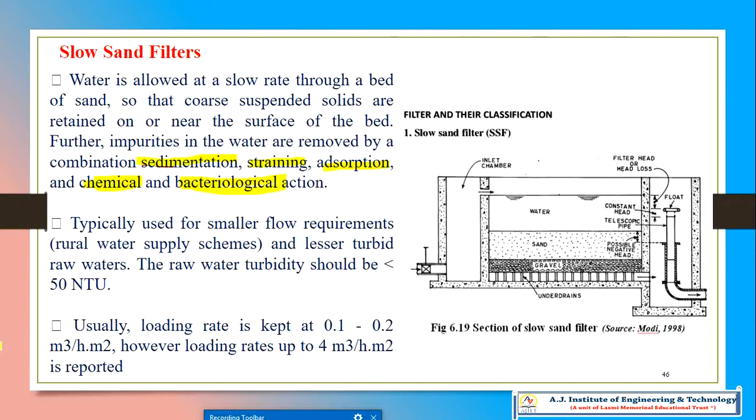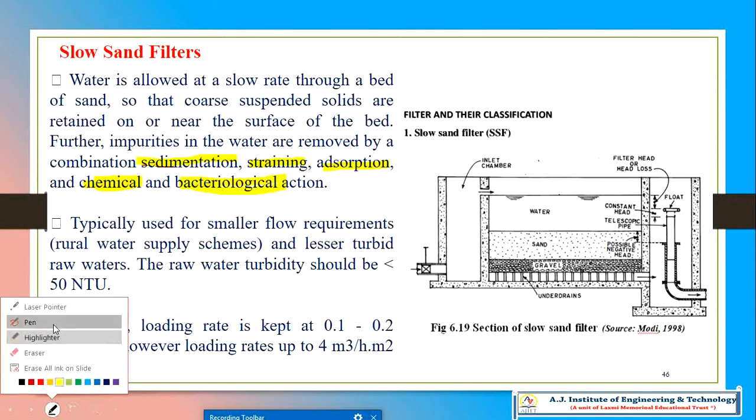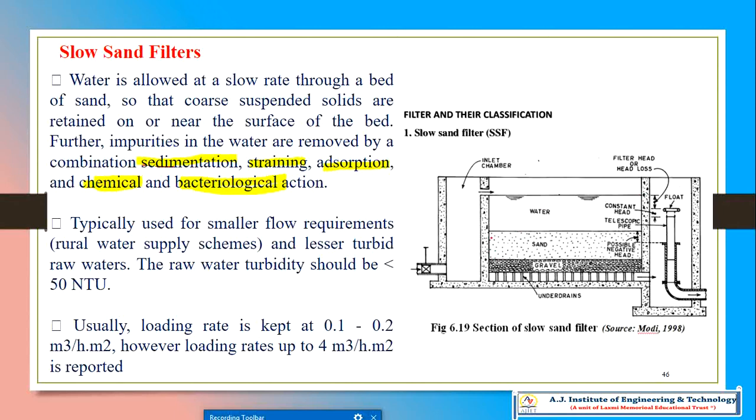What will it actually do? See here a complete figure. I will explain it in detail. When the water comes to the inlet chamber, you can see here, this is the inlet chamber. There is a valve provided. From there, it will travel to the bed of the filter. See, this is the filter, and this is the sand media, as well as gravel media provided. I told you why gravel media and sand media are provided.